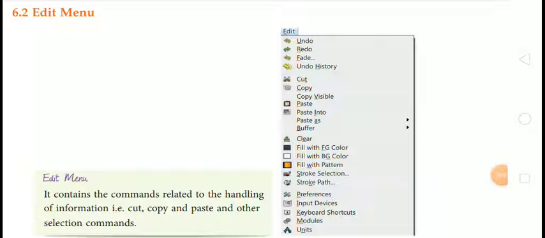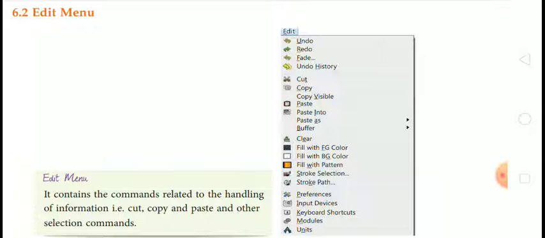Next point is edit menu. In edit menu, we can see the list of options which are visible on the screen. Edit menu contains the commands related to the handling of information, for example, cut, copy and paste and other selection commands.